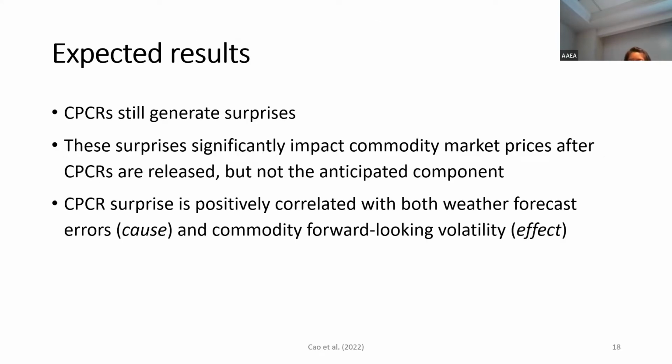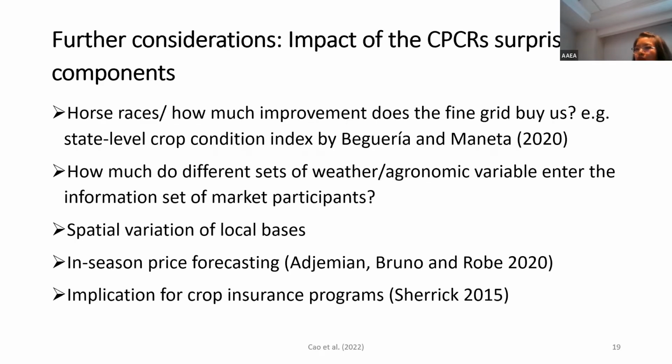And we expect that in the next step, once we're done aggregating it back, we can show that this surprise component is actually what moves the market and not the predicted value. And moving forward, I think this has very high potential for a lot of applications rather than just the surprise component. We could think about in-season price forecasting,